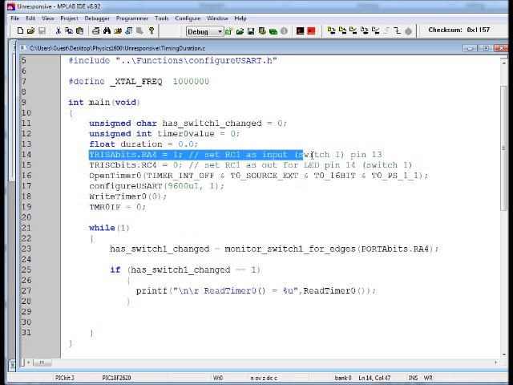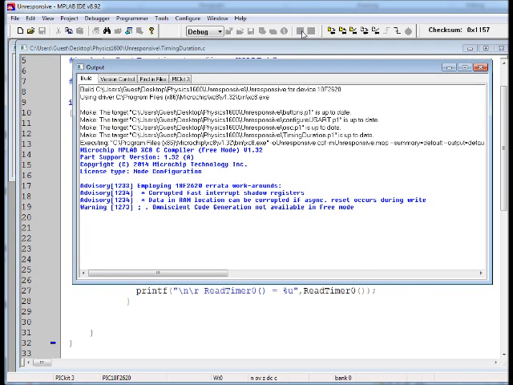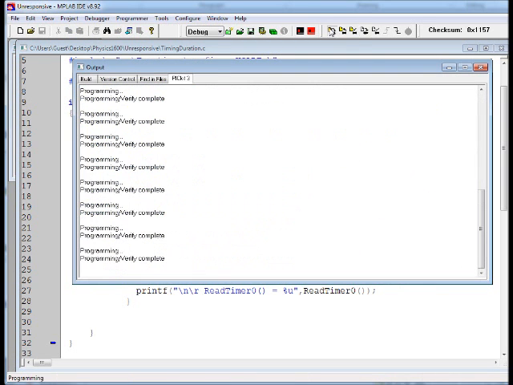Here I've made sure that RA4 is an input. Inside the while loop, I'm monitoring that pin just so that I can check the read timer. I don't have to do that. I just want to show that it works this way. So here we're going to print out the value of read timer every time we detect an edge. So let's build that and load it